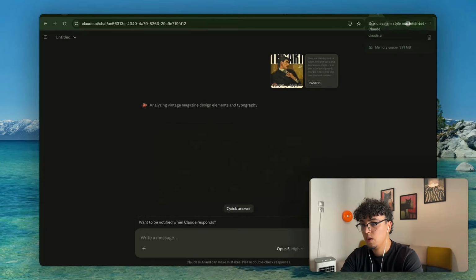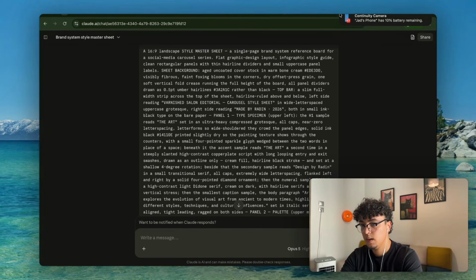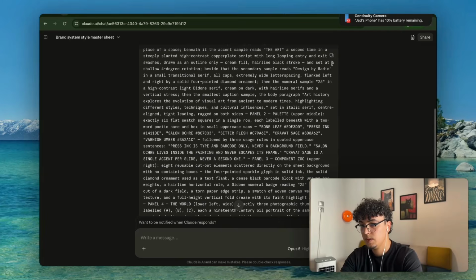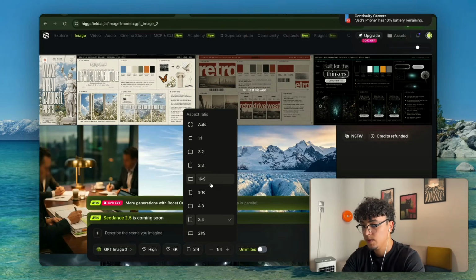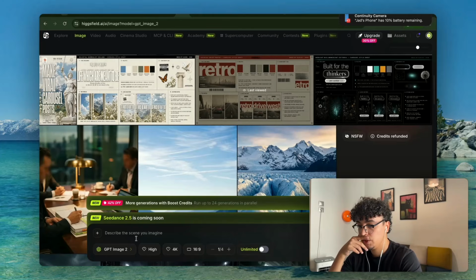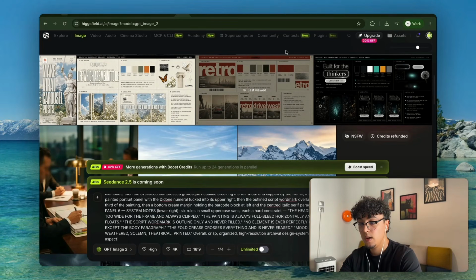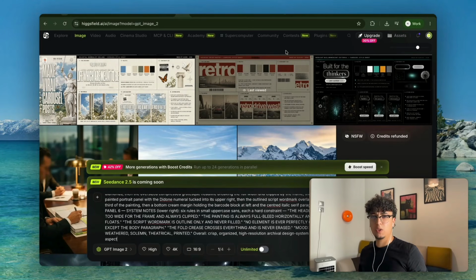And let's go back to our prompts. It looks like it has made our prompt here. So I'll just copy it and I go in Higgsfield. So I would put the frame at 16:9 and I would use GPT image 2 and paste the prompt. You don't have to do this. I already added the style sheets that I've implemented in the zip, and I think there's around 6 or 7. You can open them and look if you like them, but here we're just gonna generate